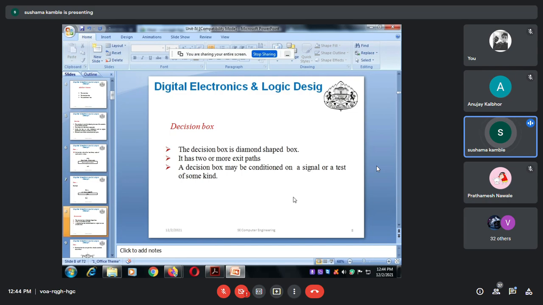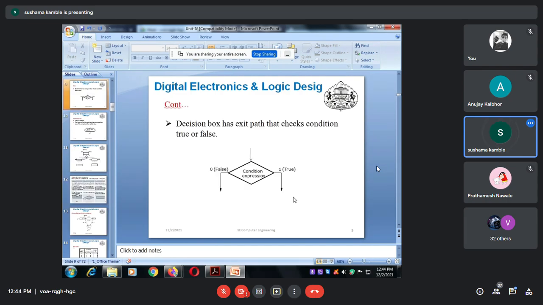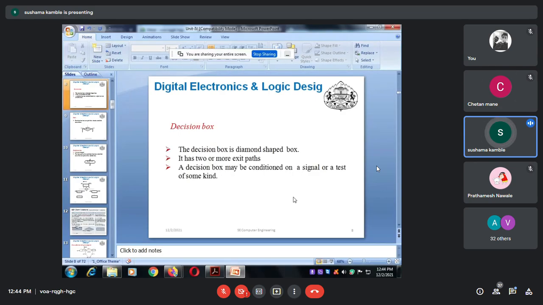Now decision box. I'll show you the shape first. What is this shape? Diamond. Yes. I think in a software flowchart it is also the same. So decision box is a diamond shaped box. It has two or more exits because, as we are calling it, it is a decision box. Just as decisions in regular life are yes and no, here it will be 0 and 1. So it has two or more exit paths,